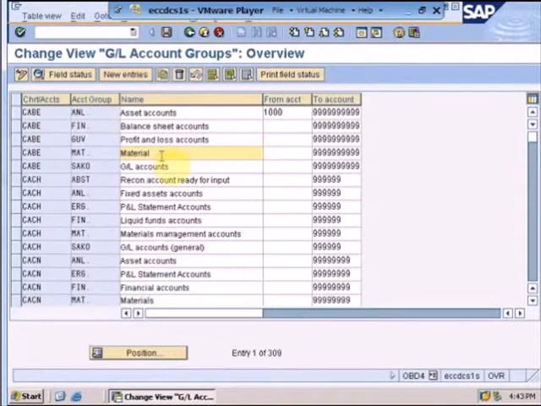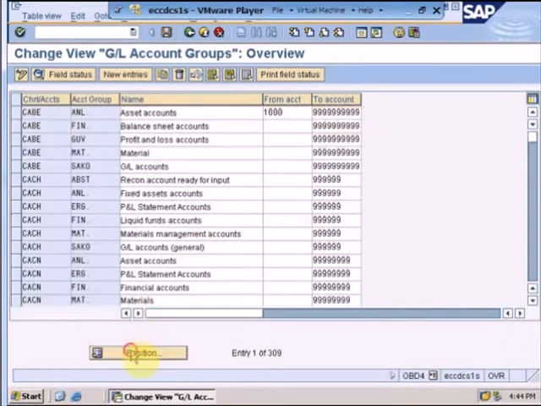That means all my GL accounts related to material will be opened under this account group. This account group would have its certain number range. All my material GL accounts opened up under this account group will start off from a certain number and will end on to a certain number. For example, assets, they will start from 1000 and they will end up to 999999.